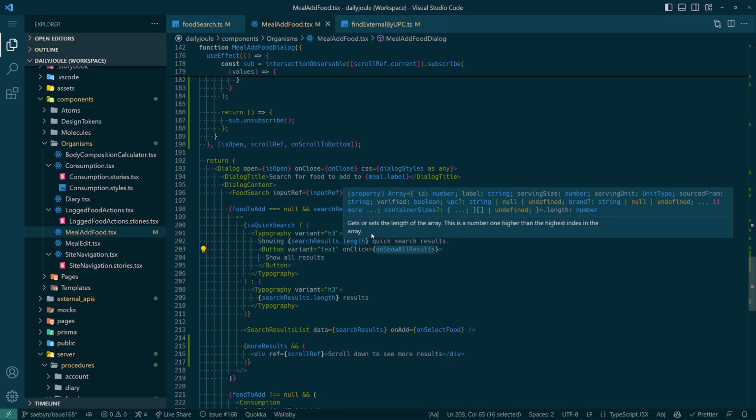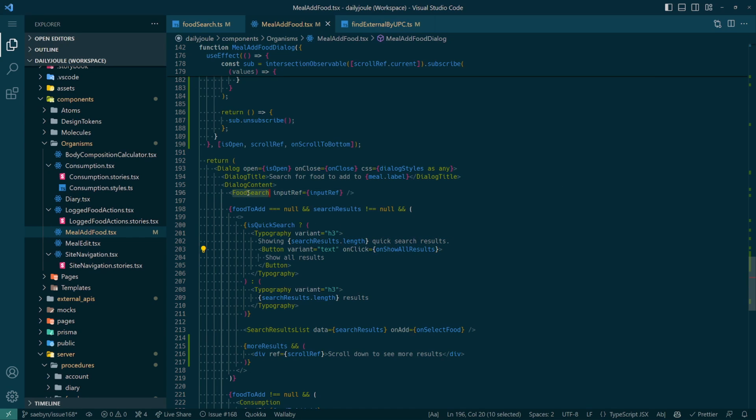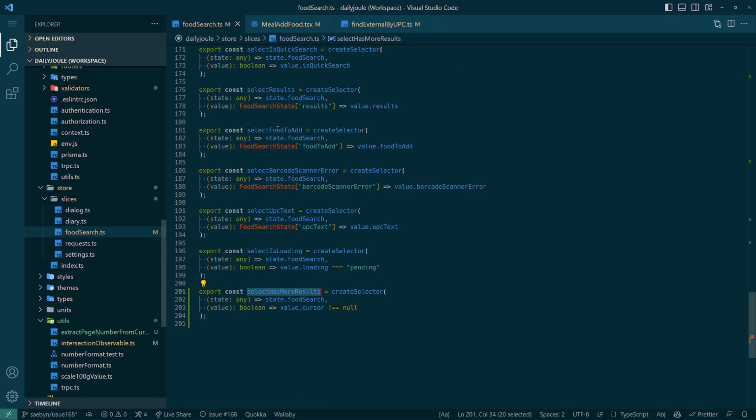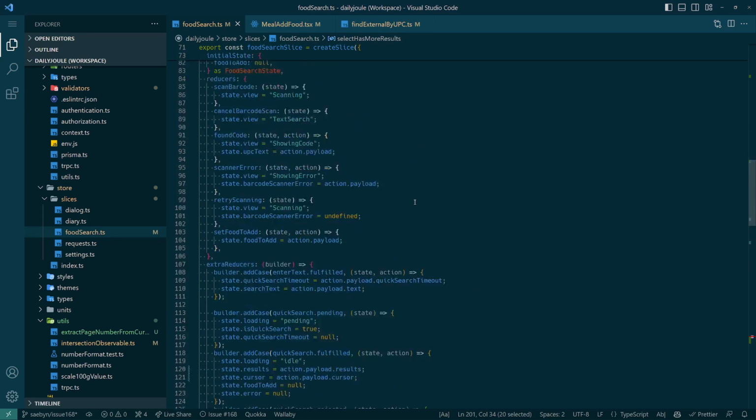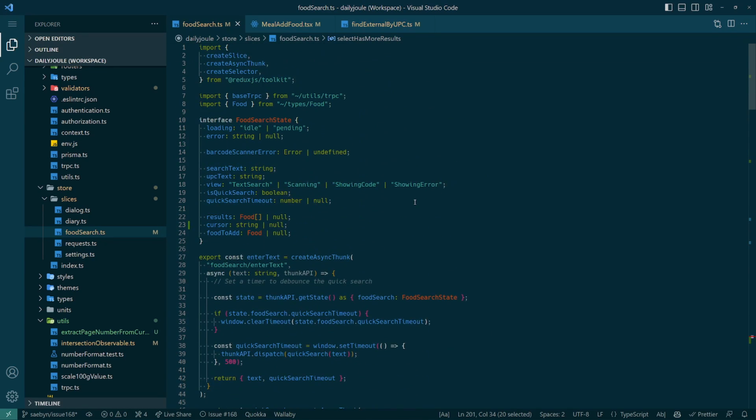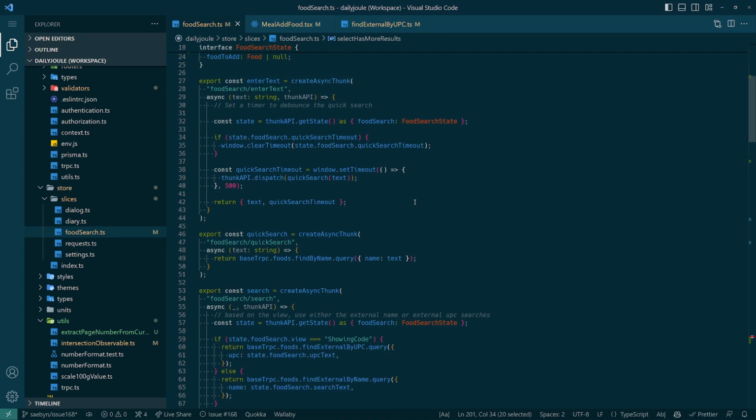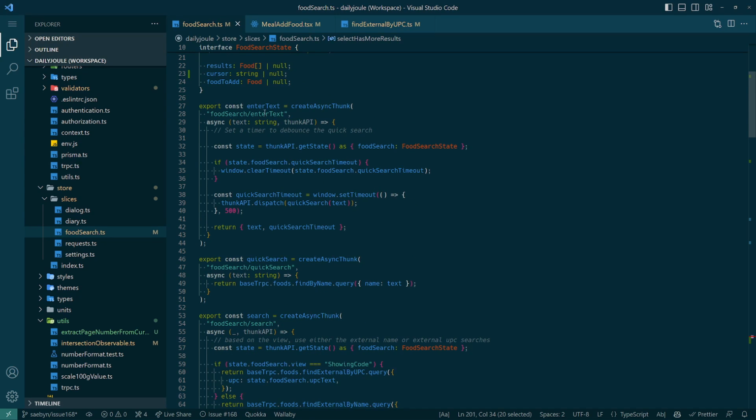Otherwise, all the other triggering of searches happens inside of the food search component. So, right, going back to our redux slice, we have this enter text thunk